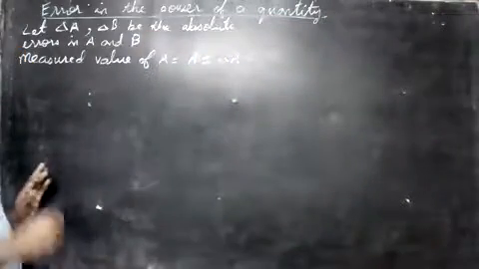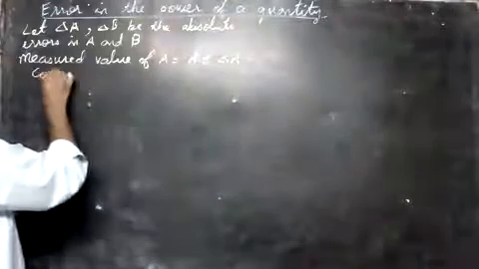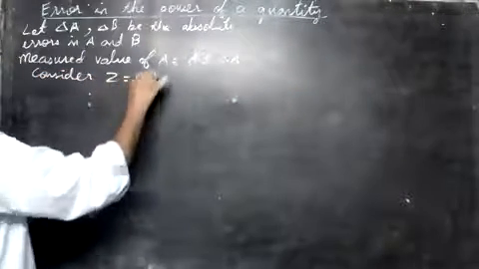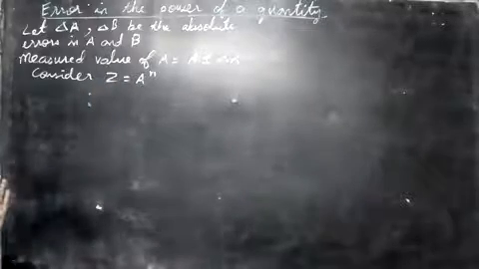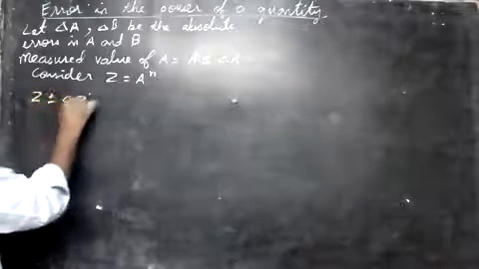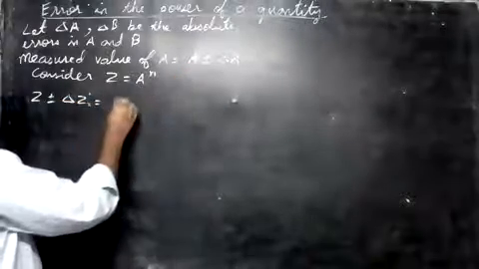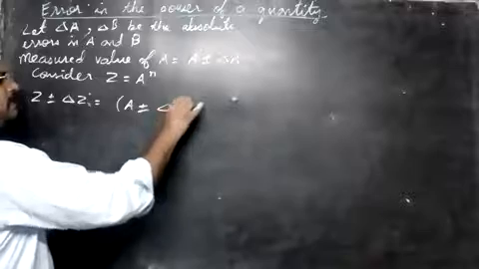Now we must consider the power. Consider Z is equal to A power n. So what will be the error in Z? That will be Z plus or minus delta Z is equal to, instead of A, we substitute the value of A, that is A plus or minus delta A